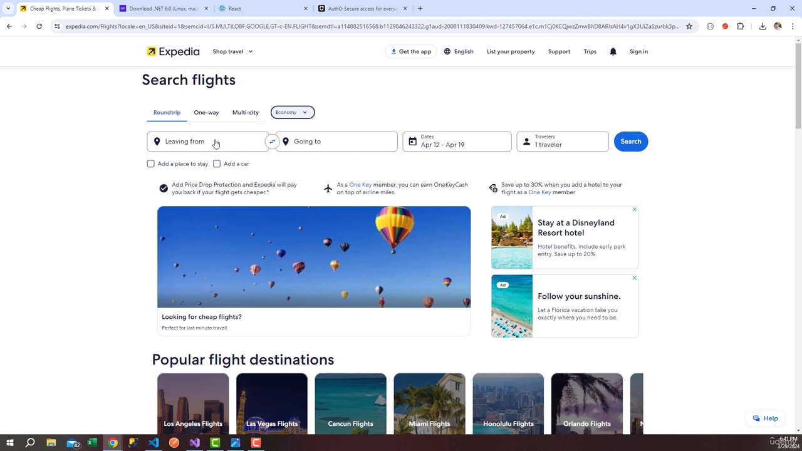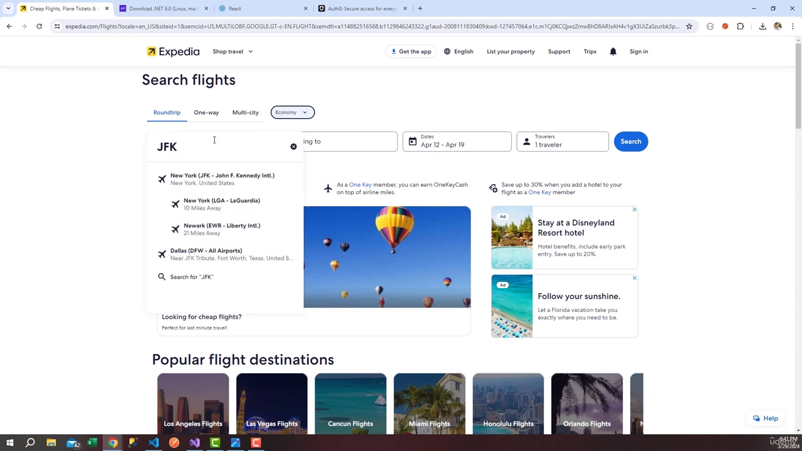Again, we're going to expand on it. The basic functionality will allow a user